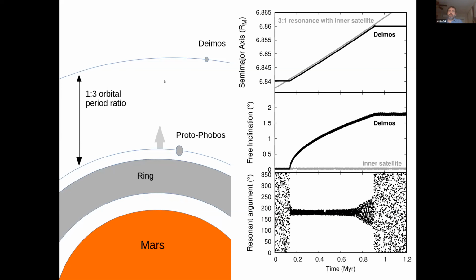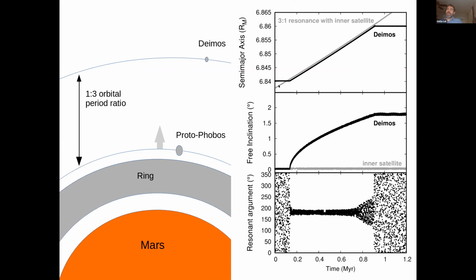And to get capture, you need the orbits to converge, which means that the protophobos is moving inwards, which is the opposite direction from the tidal evolution, but can be obtained by having the moon interact with the ring, just like the moons of Saturn interact with its ring and are pushed outwards. So if you assume that there is outward migration of the inner moon at the 1-to-3 resonance with Deimos, you can get capture into the